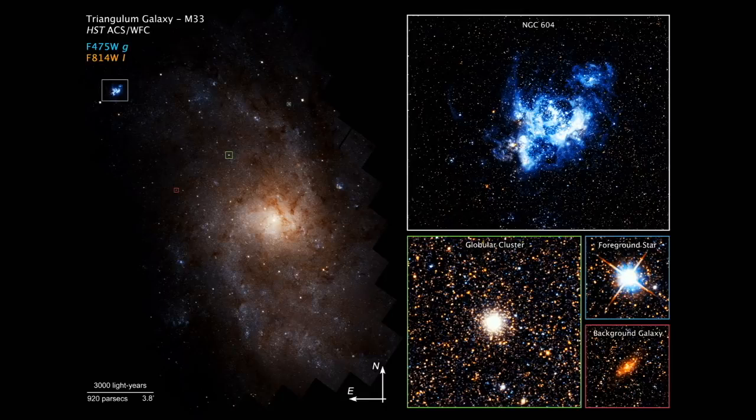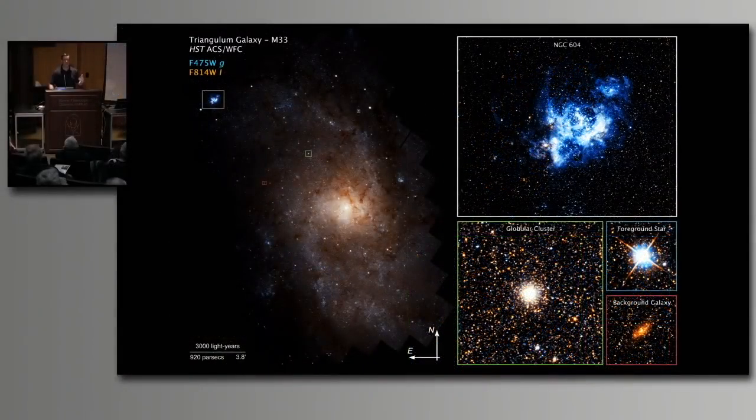So the Triangulum Galaxy is not opaque, it is somewhat transparent, so we can see through it and see some of the background galaxies. Now they're going to do again with the Triangulum galaxy the same star formation and stellar population studies that they did with the Andromeda galaxy. But as evidenced by NGC 604, there is significantly more star formation per unit mass in the Triangulum galaxy.